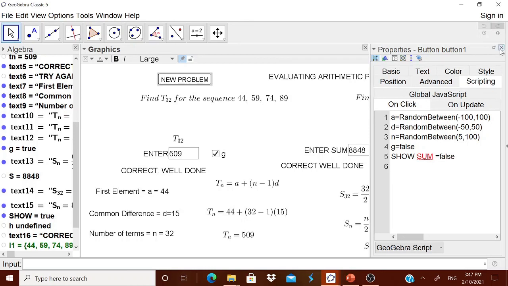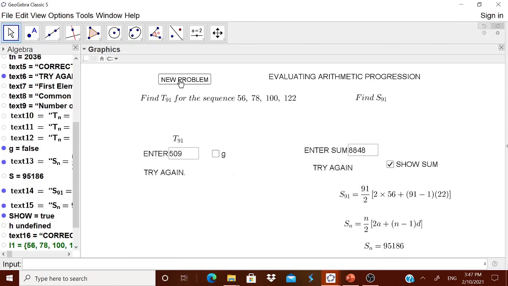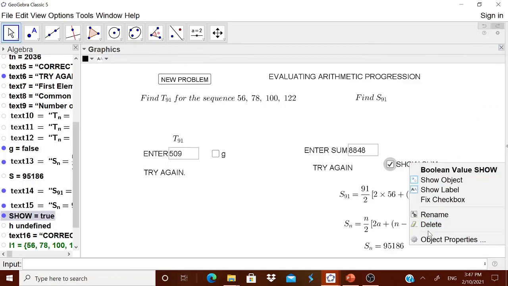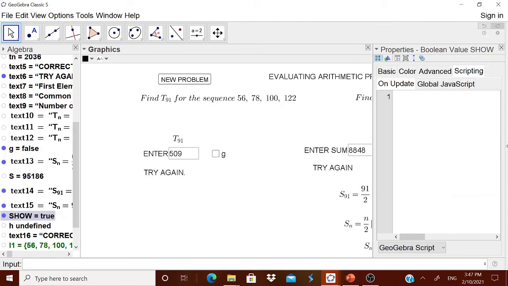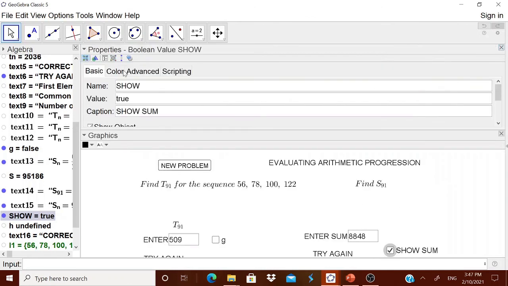Therefore, whenever you are clicking it, everything will go again. There won't be any problem. One minute, I will change its name. I think the name is only show, not show sum.